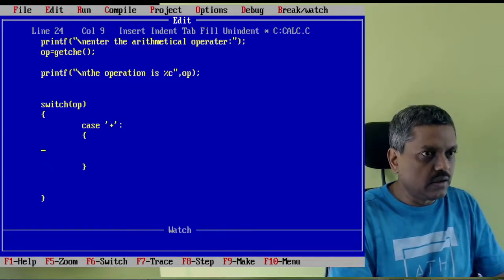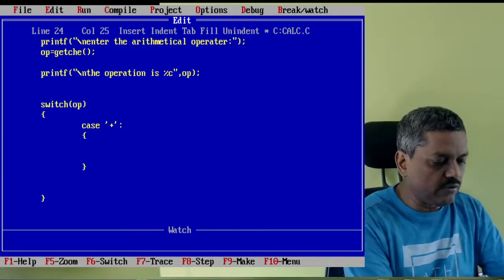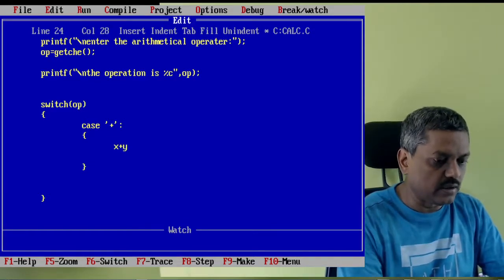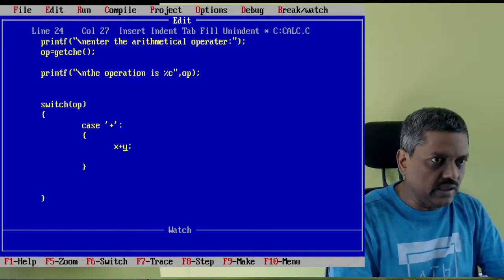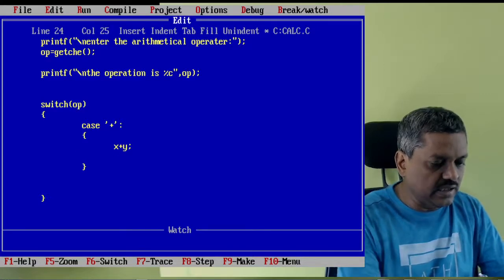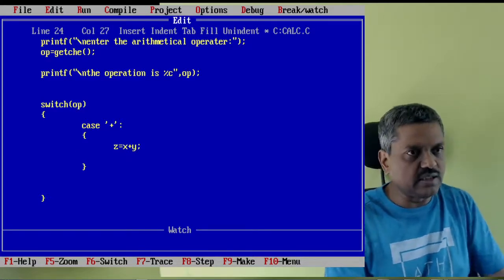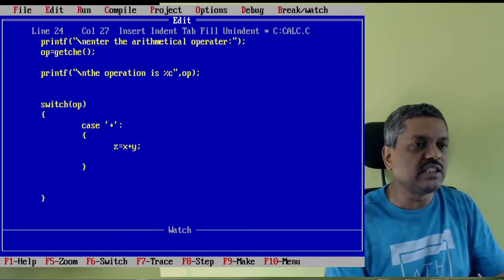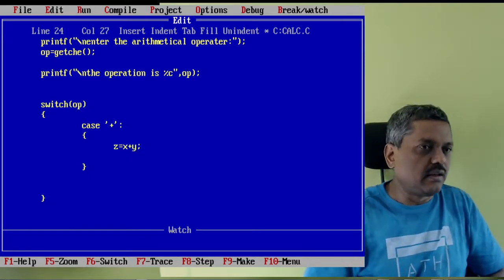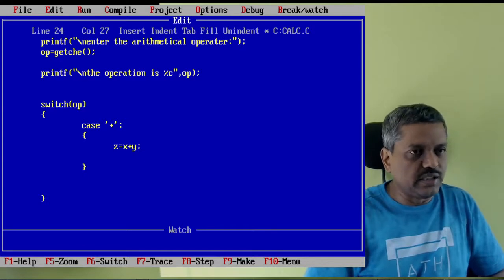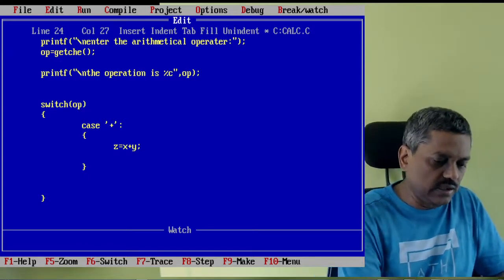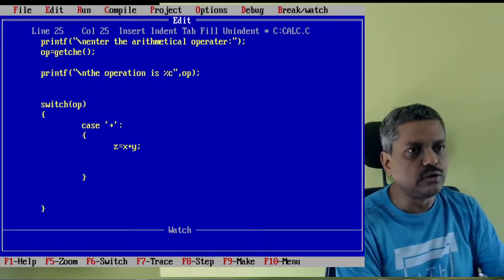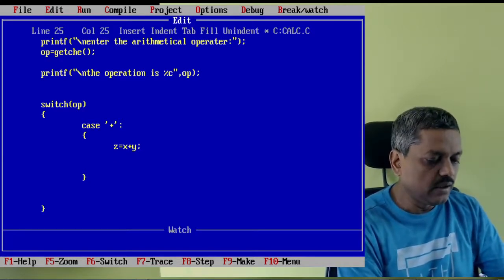Okay. We will try to incorporate what we are supposed to do. We are supposed to do the x plus y operation, correct? But it should be assigned to a resulting variable to store the result, that is z. z is equal to x plus y. This is a simple operation, performed by the arithmetical processing unit of the CPU. Nothing to worry about that. So it will do it, and then store the value into the z variable.